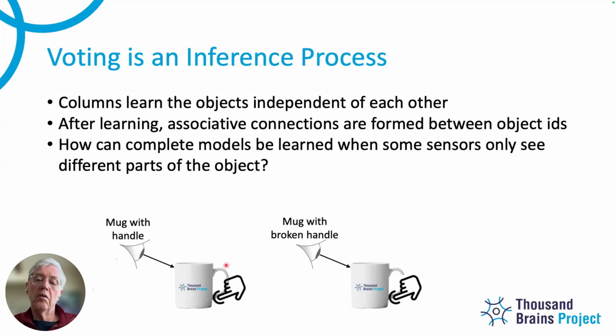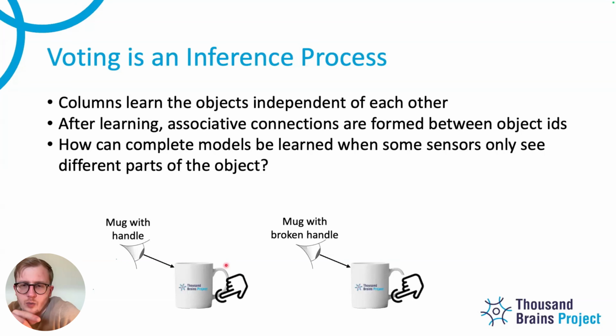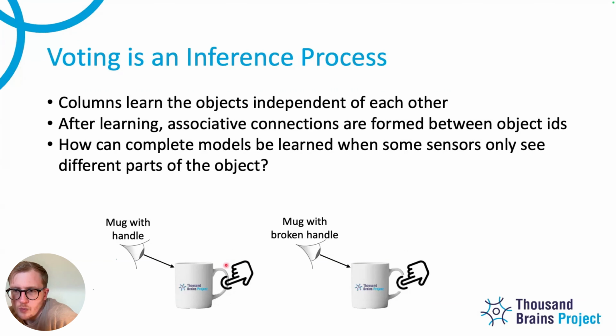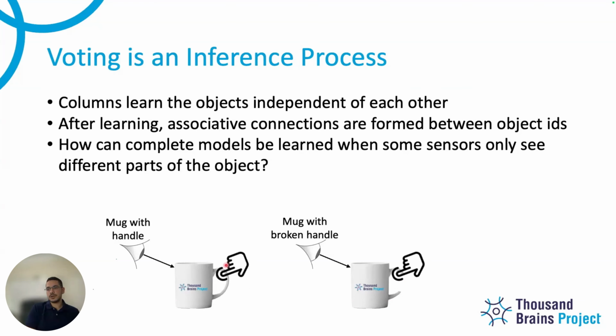Maybe a clear example is that, depending on our policy, we might not visit all the parts of the object. Obviously each column has a small receptive field. I think one of the things we wanted to avoid is that every column has to go onto every location of the object. I think that's what you're saying, Ramy, right? Yeah, if a sensor doesn't see all of the locations on the object, there is an assumption here that every column sees the full object.